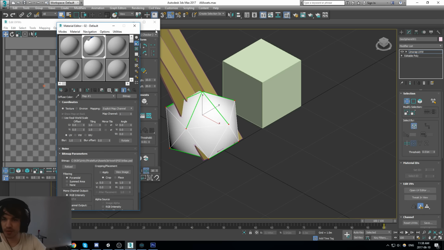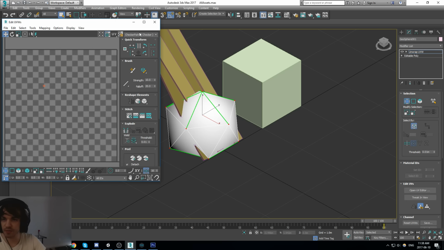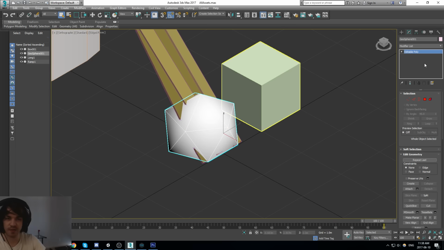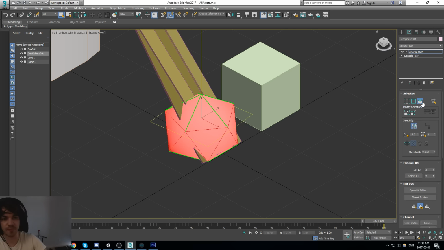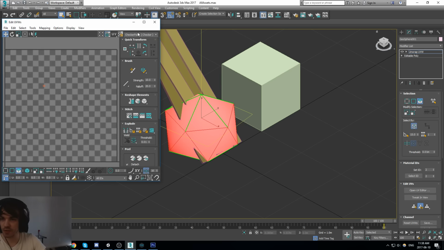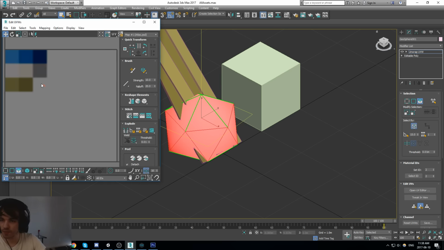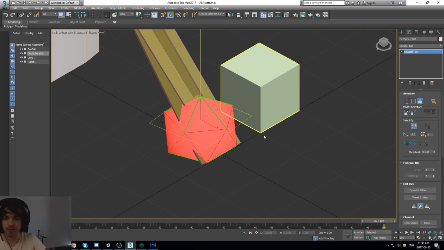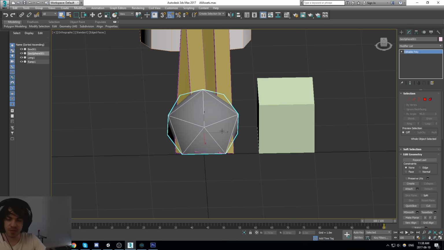We need to put that right on top of what we had earlier. Now I can't find it for some reason. My texture is not loading. Let's take this again. Unwrap. Boom, here it is. Move this up. And we're now in the gray zone. That's going to be our rock for now.